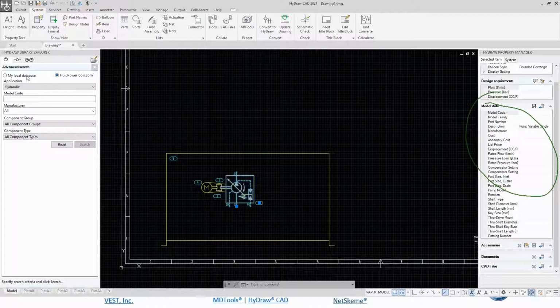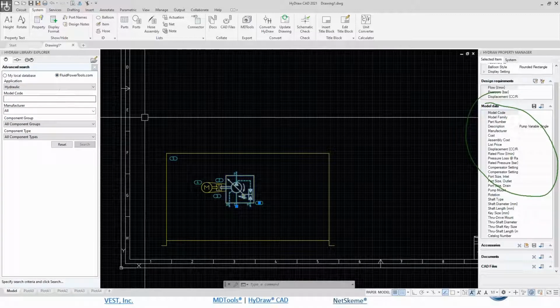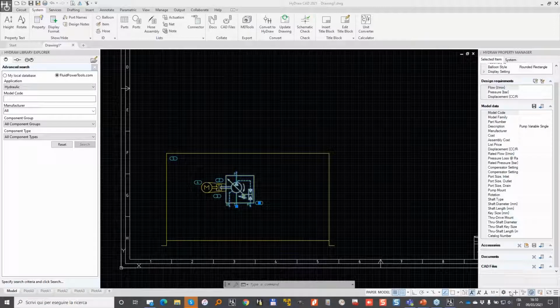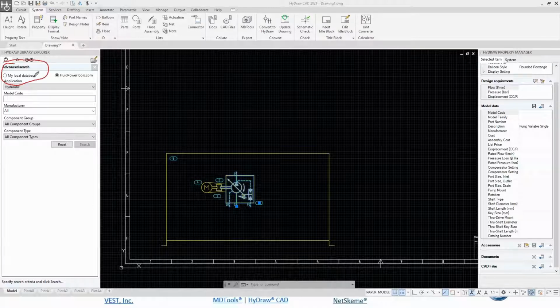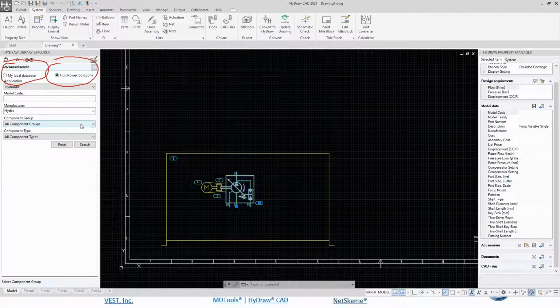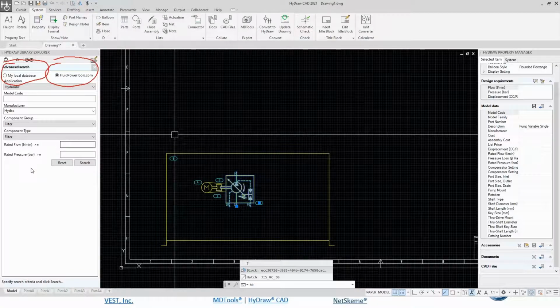So the more search option will have two options available here. And let me change color. So we can search on the local database or on the online library, Fluid Power Tools. Now I want to search just for HIDAC. I want to search a filter. The type is just a filter, which is rated, let's say, 30 liters per minute. So we can type